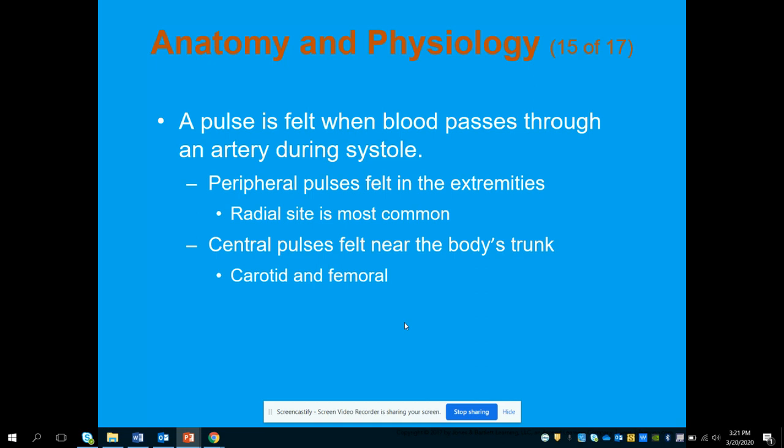And then the central pulses are what's felt near the body's trunk, and so we use the carotid and the femoral sites for this. Now again, there are other peripheral pulses, and you might be checking those depending on what's going on with your patient, if you're assessing PMS or you have an injury that you're assessing the distal pulse for. But just on a regular basis, that radial site is the most common that we would use to check